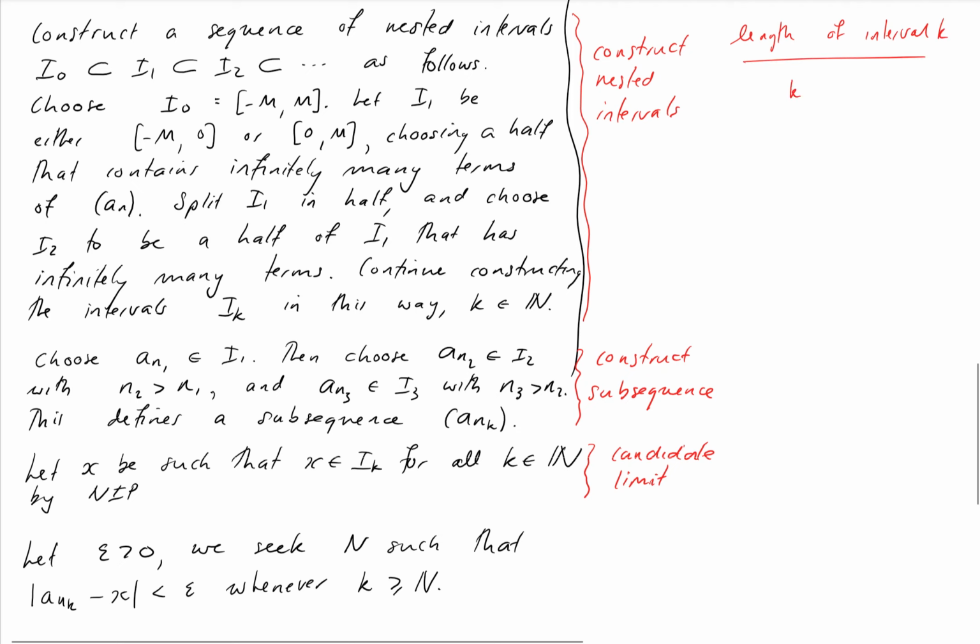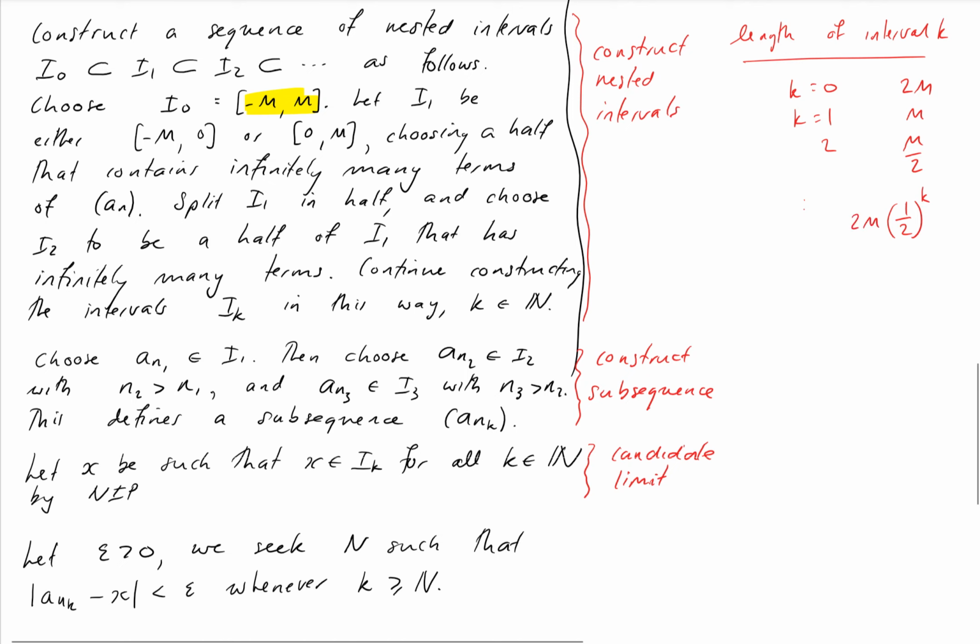So if we go k equals 0, clearly our first interval was just negative m up to m, so it's got width 2m. If k equals 1, it's half as big again. K equals 2, it's m over 2. K equals 3, it's m over 4. Continuing on, we get 1/2 to the power of k. I guess we'd be correct by a constant factor just to make sure it works. If k equals 1, it should be m, so that should be a 2m out the front.